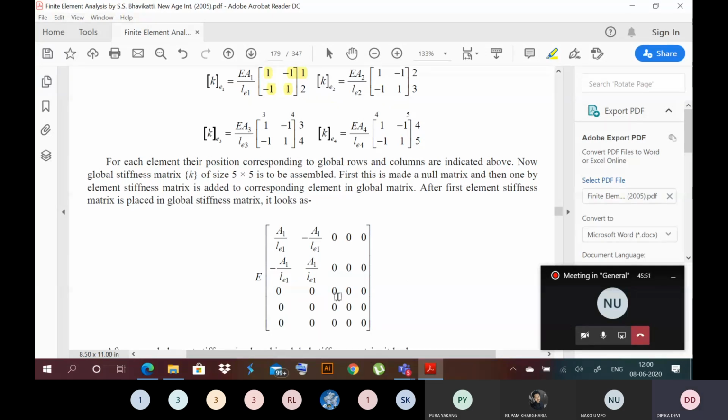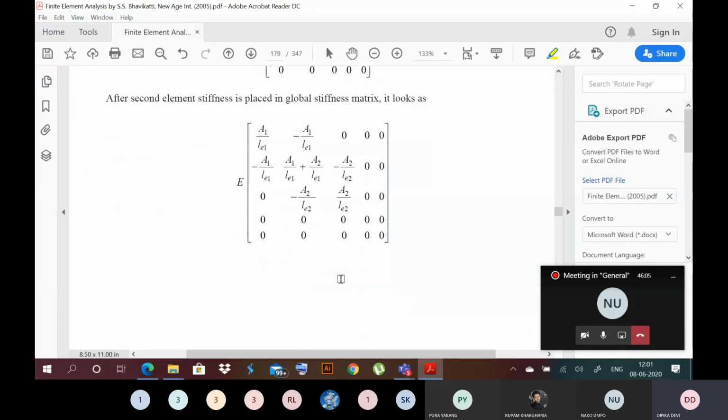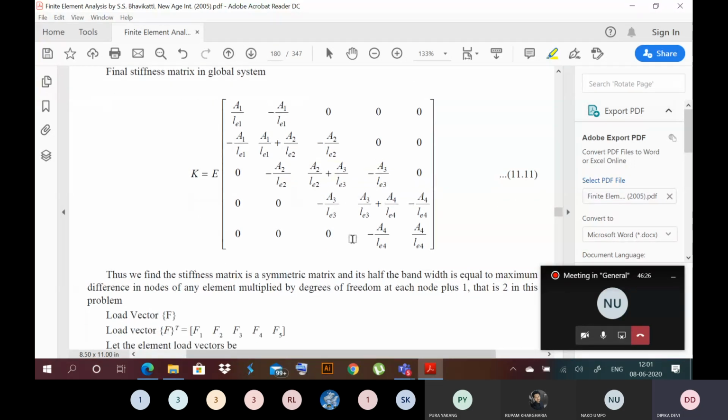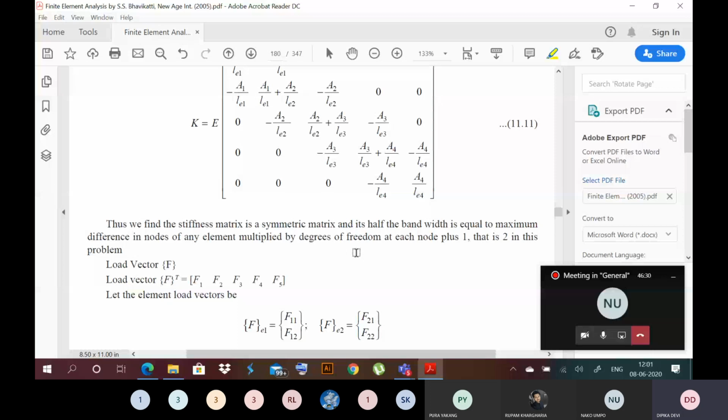So similarly, you can assemble all the matrices to get our global stiffness matrix. So this is my global stiffness matrix. Oh, here they have shown separately the element stiffness matrix for element 1 in terms of the global stiffness matrix. So don't follow this. After assembling all, what we will get? This one. After assembling all the element stiffness matrices, we will get this global stiffness matrix. Then here you can put the values of A1, Le1, and ultimately you can find the global stiffness matrix of the system or of the problem. Okay. So the stiffness matrix is assembled.